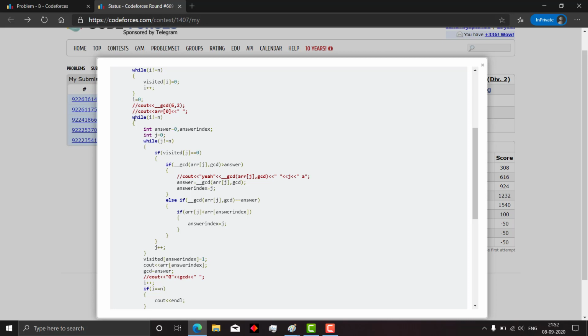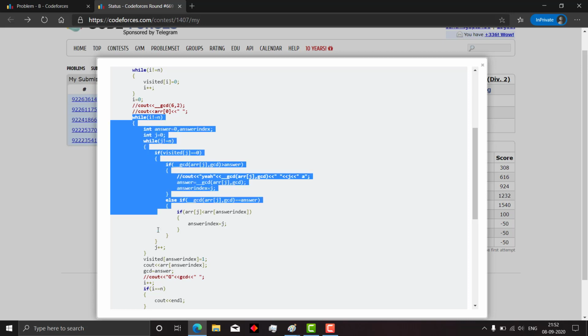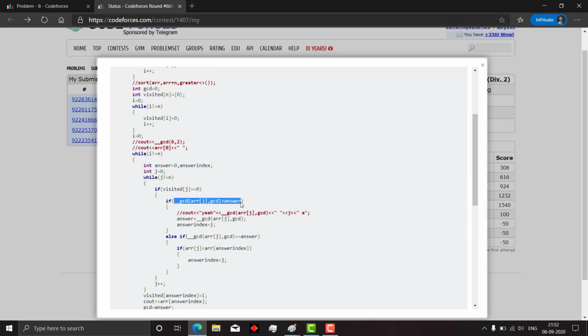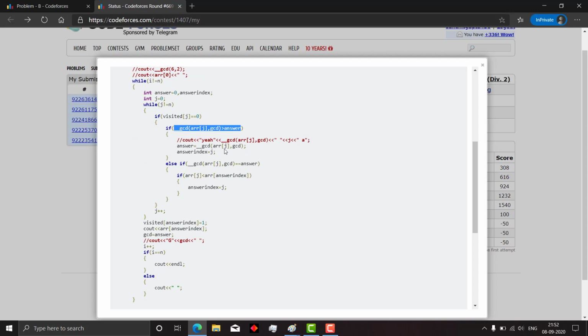Then we run this loop n times so that we get n numbers. We initialize our answer to 0 and an answer index. We run a loop variable from 0 to n, and if this number is not visited, then we check if the GCD of this number with the old GCD is greater than the current answer. If it is, then we set the new answer to this and the answer index